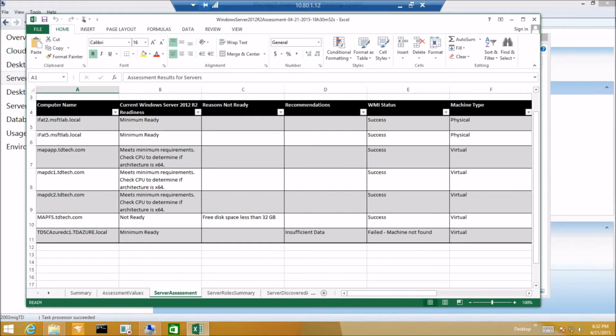And then there's one of ours that isn't ready here. Specifically, this 2008 file server is not ready, and it gives us the reason why: as you can see here, free disk space is less than 32 gig. So basically, we're going to have to do something about the disk space before we can actually make that migration. And if it couldn't collect information on a specific machine, it'll break it down here. In this case, I didn't really want to include this machine in this discovery, but it was out there, and